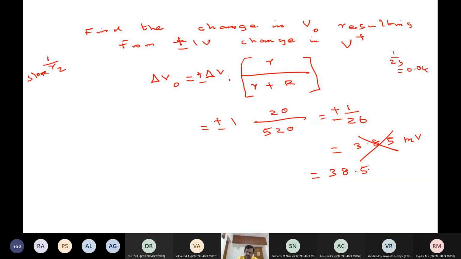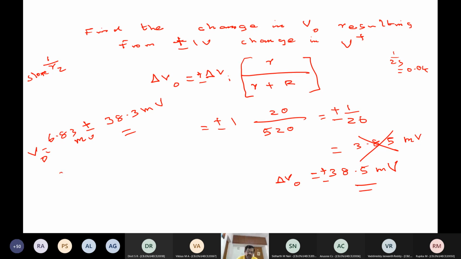See, that is what I am trying to do, check my mathematics by a simple factor. 38.5, you will get 38.5 delta V naught, plus minus 38.5. What does that tell you? It tells you from 6.83 you will get plus minus 38.5 millivolt. This is the output I am going to see with the ripple factor taken into account, the swing taken into account. The more the voltage change here, the more we are going to have a problem.